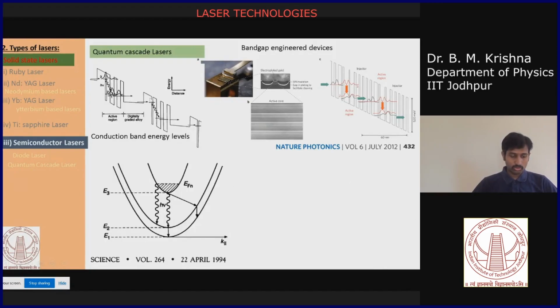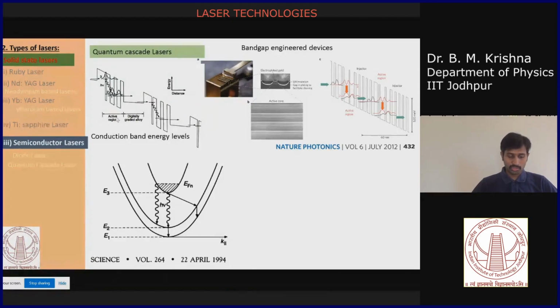Now as I showed you, this is like a typical 3-level system. Now you have injected electrons into your higher state. So now you have a transition to the E2 state. You have a lasing action, and now this electron will go to the ground state or even lower state. Then this electron again tunnels through your potential barriers with a supplied bias condition. Then again it acquires energy. Again it reaches the conduction band in the next period.